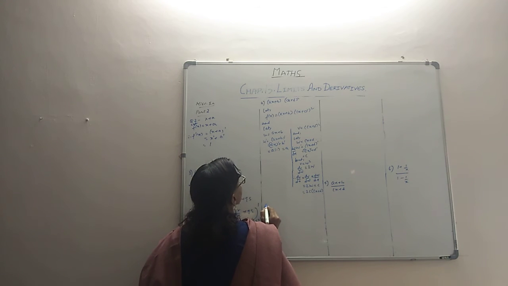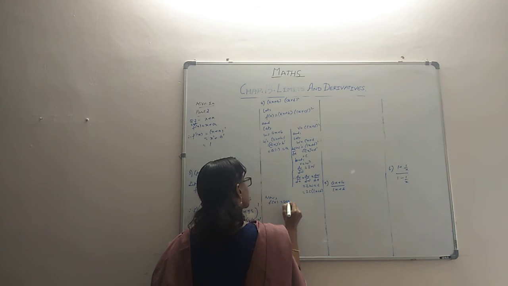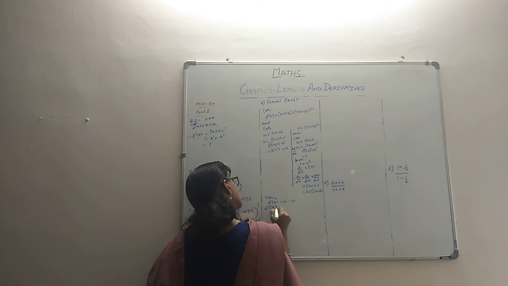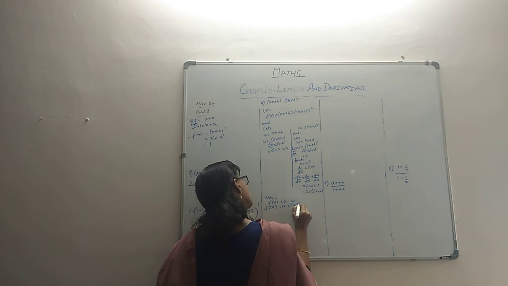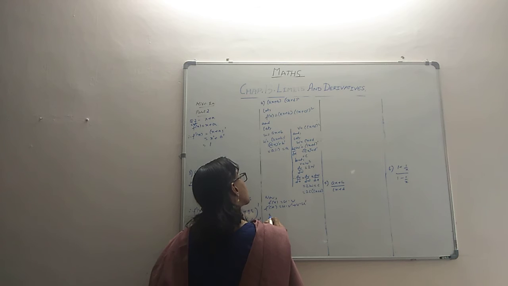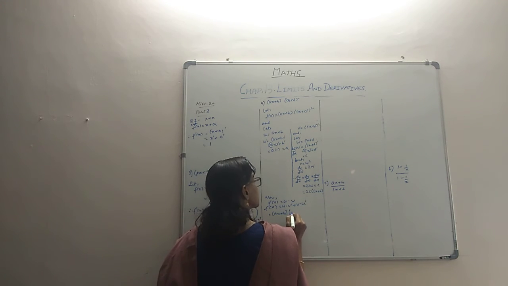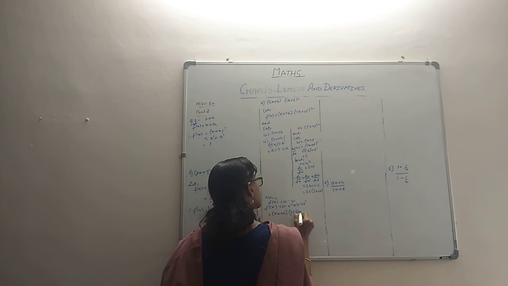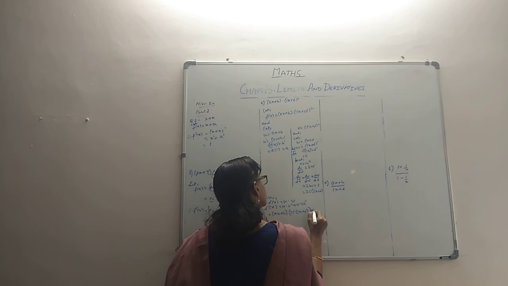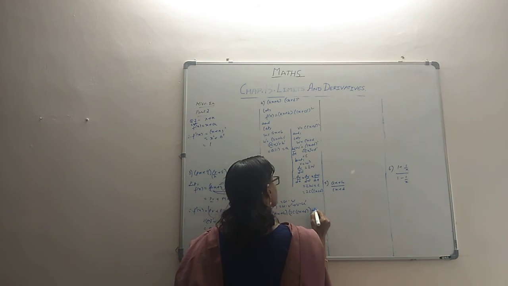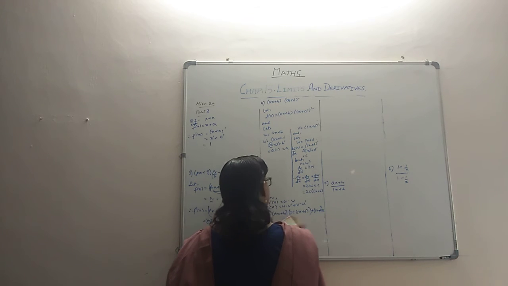Now let's come back. Now f of x is u into v. So f dash x by product rule is u into derivative of v plus v into derivative of u. u for us is ax plus b, and v dash for us is 2c into cx plus d. Then v for us is cx plus d the whole squared, and u dash for us is a. So we can have it.